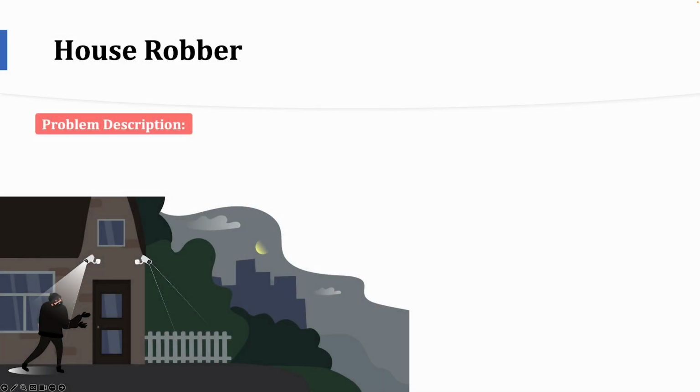All right. Imagine a street with a series of houses, each containing some valuables, let's say money. The challenge here is to figure out the optimal way to rob these houses without getting caught. Each house, represented as i, holds a certain amount of money, and our task is to maximize our earnings while avoiding alerting the authorities. But here is the